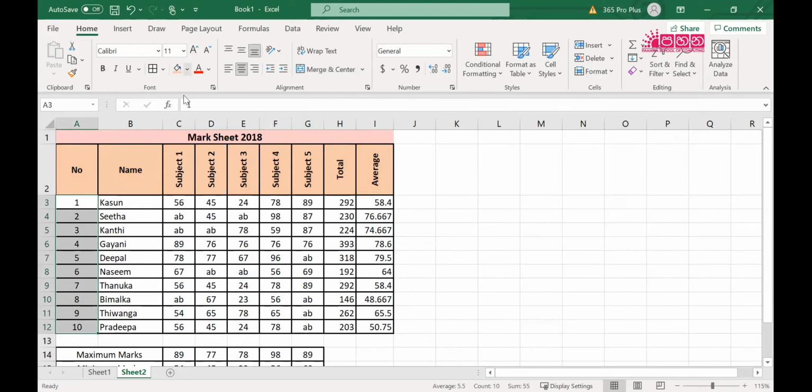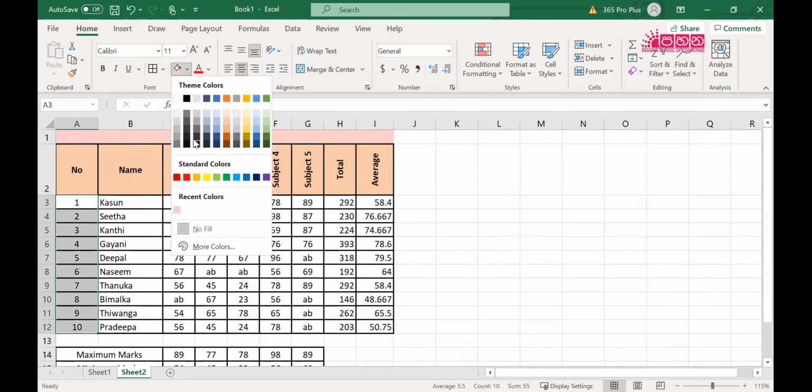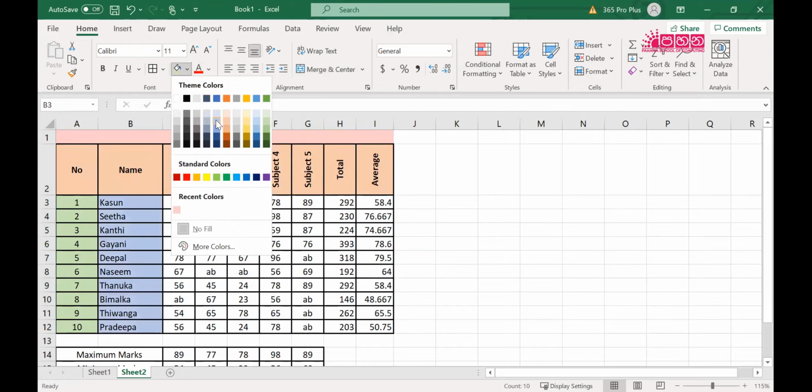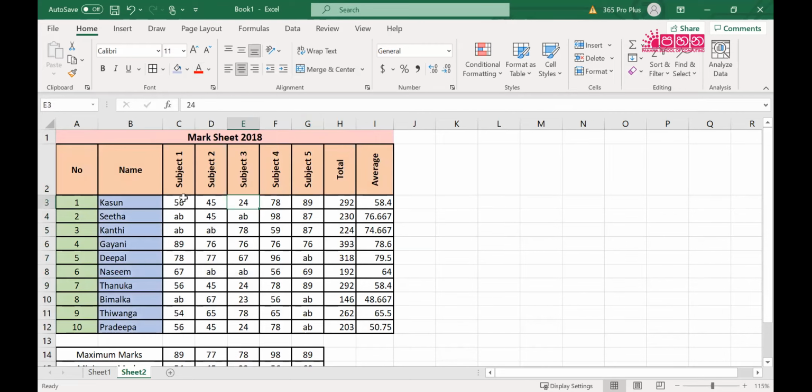Maybe this direction, right? I can put some colors like this. Here also we can put the subject colors.